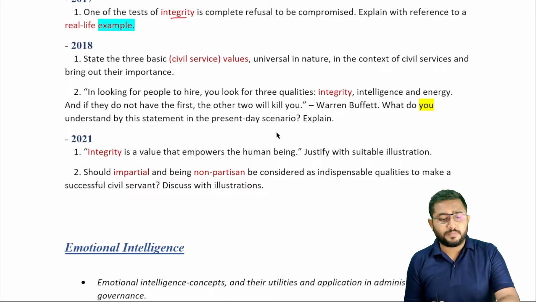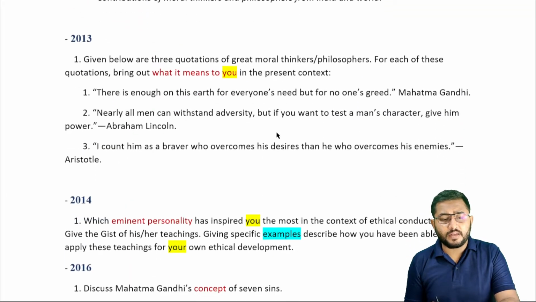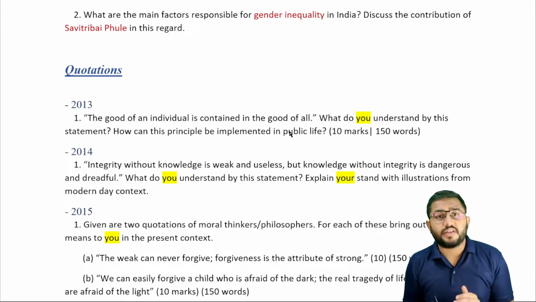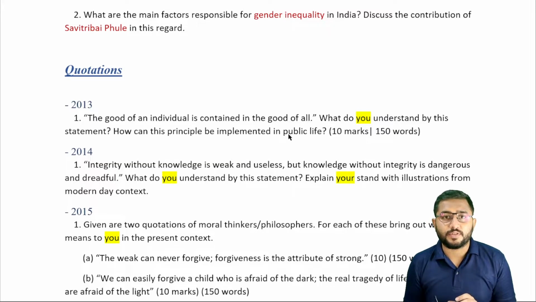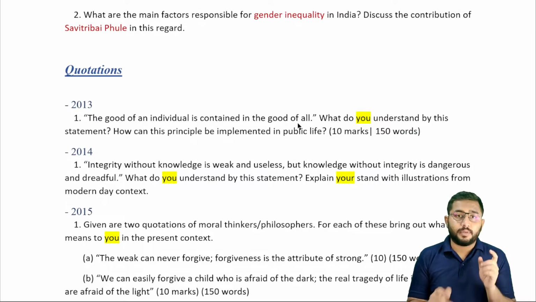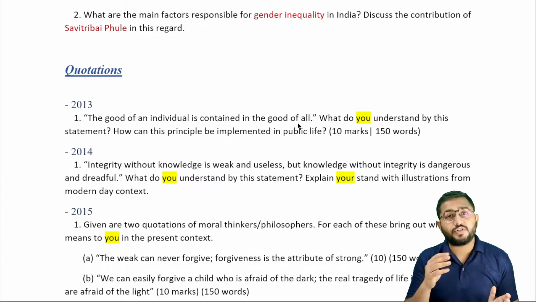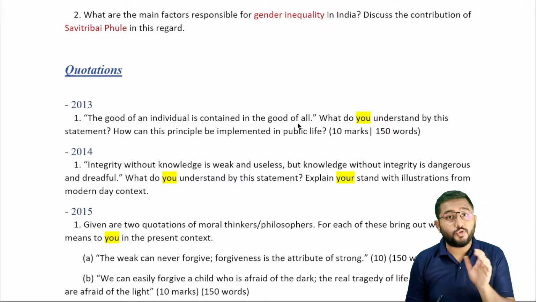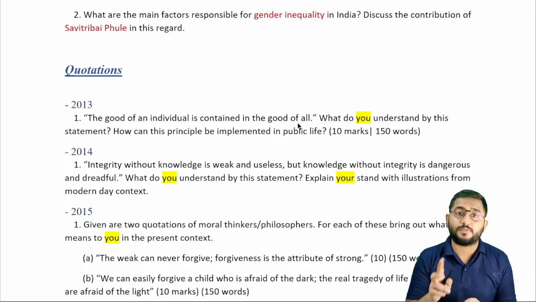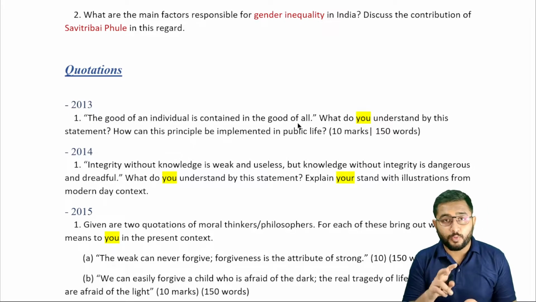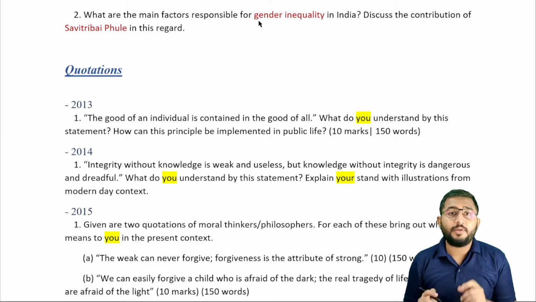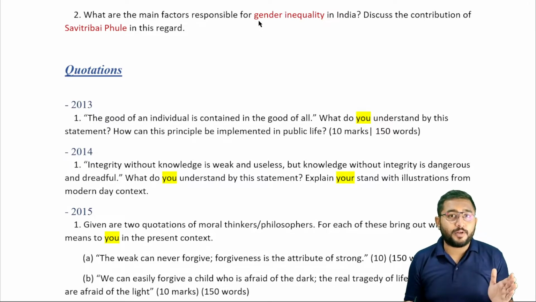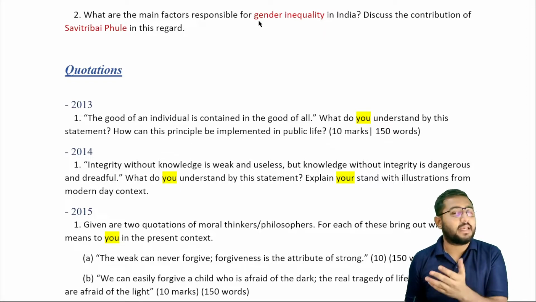But what happens when you are giving quotations? In quotations, most of the questions that are being asked to you are asked based on your own understanding or your own interpretation of the quotations. अब in quotations में क्या होता है? There are times when they might not mention who this quote is from, or even if they mention who this quote is from, you might not be aware of who this person is or what this quote means or where this quote is from. Now in both these cases, what happens is you are confused to a point where you don't know कि इस quotation को हम लिखें कैसे.